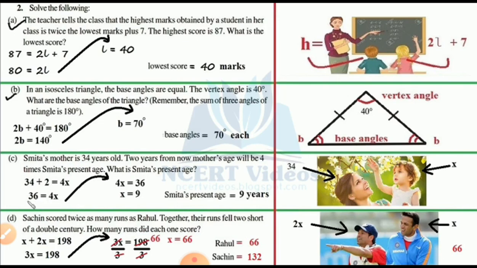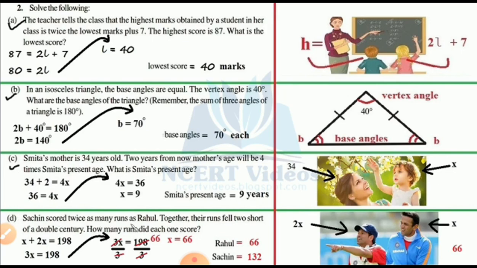Easy? Yes, correct. You all understood about this one? Color pictures are also there. Actually, this is not Smita, but for showing only, the picture is kept on the right side. Put the value in the equation, you will get the same answer.